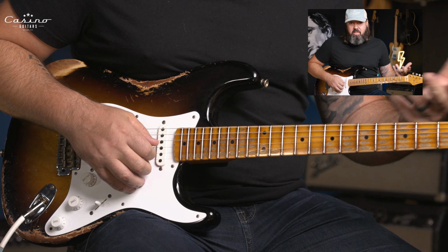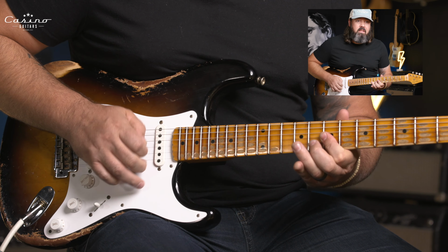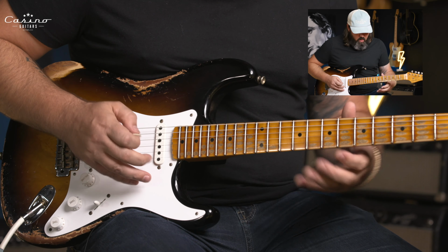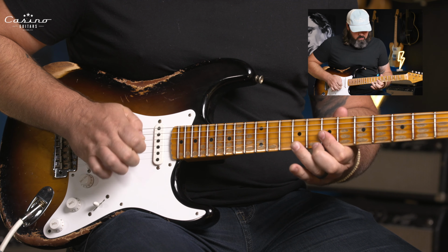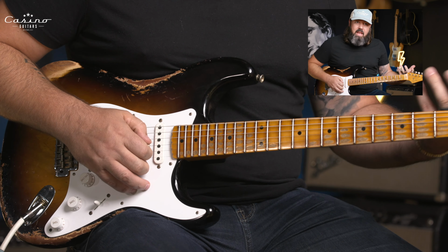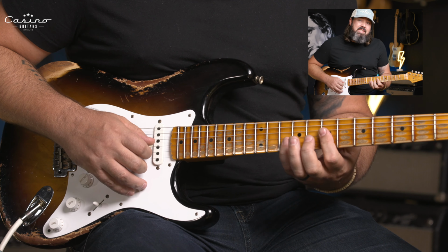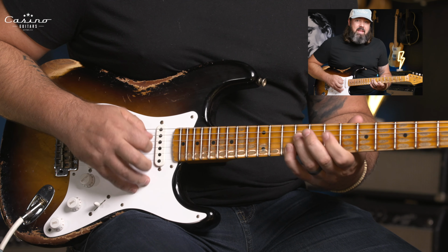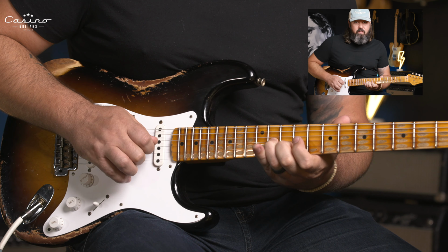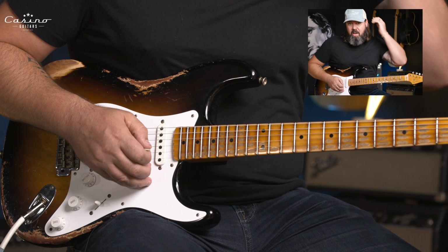And all that is just, like I said, use that as an exercise, but it's a pretty cool basis for a lick if you want it. You know what I mean? And I think when you start to practice things like that with hybrid picking, the hybrid picking sort of sneaks its way into a lot of your playing, which makes for some interesting lines where it's not just going up and down the scale. You're finding ways to play other notes that are on non-adjacent strings, and it opens up